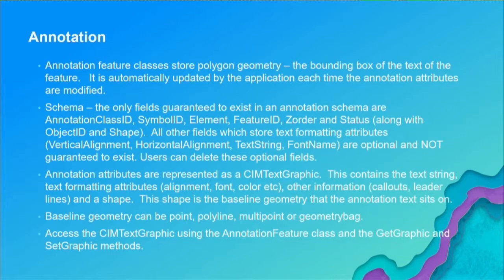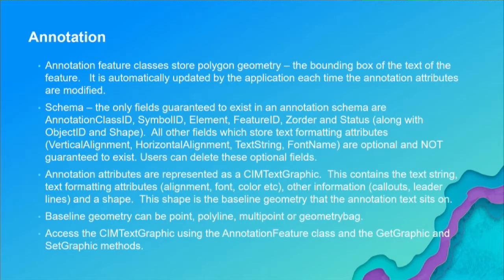These fields are actually optional, and they're not system controlled, and they're not system protected. So even if those fields do exist in your schema, know that your users can delete those fields at any time. The only ones that are guaranteed and system protected are the 6 or 7 that are listed there: the annotation class ID, the symbol ID, the feature ID, the element, the Z order, the status, and of course